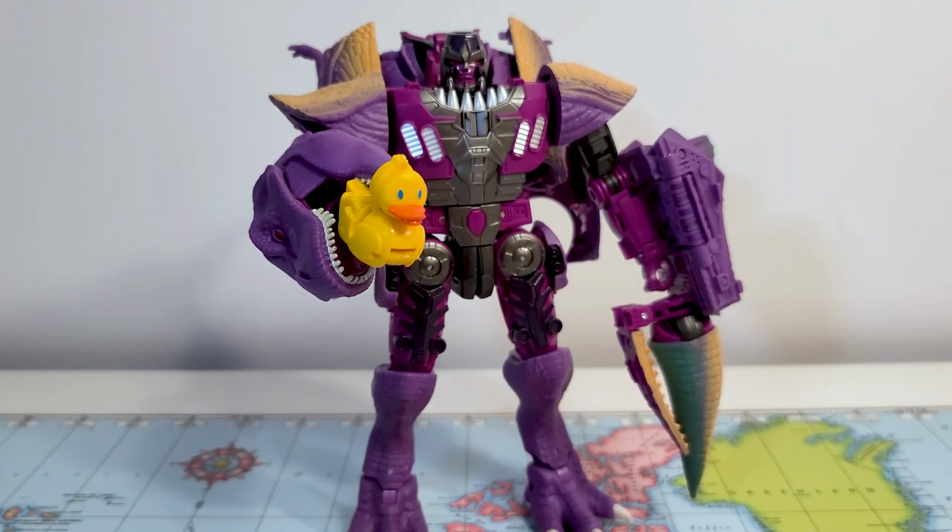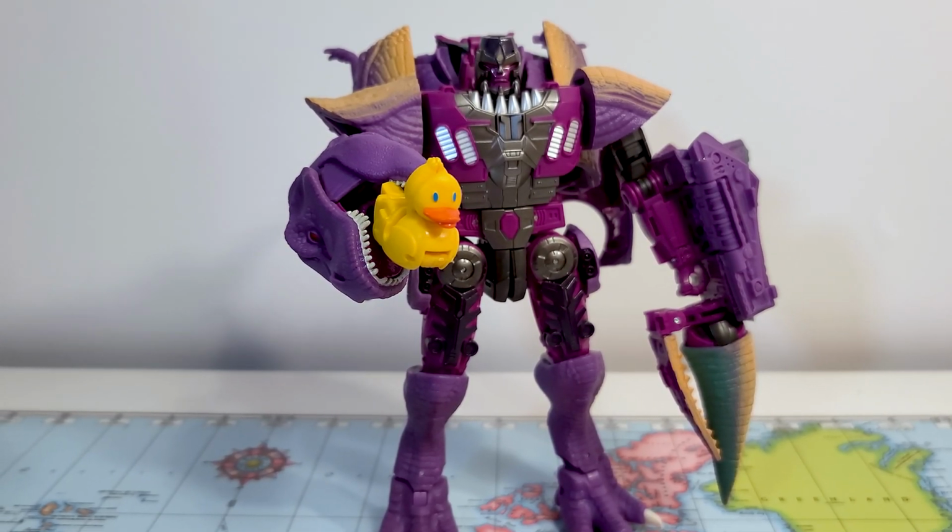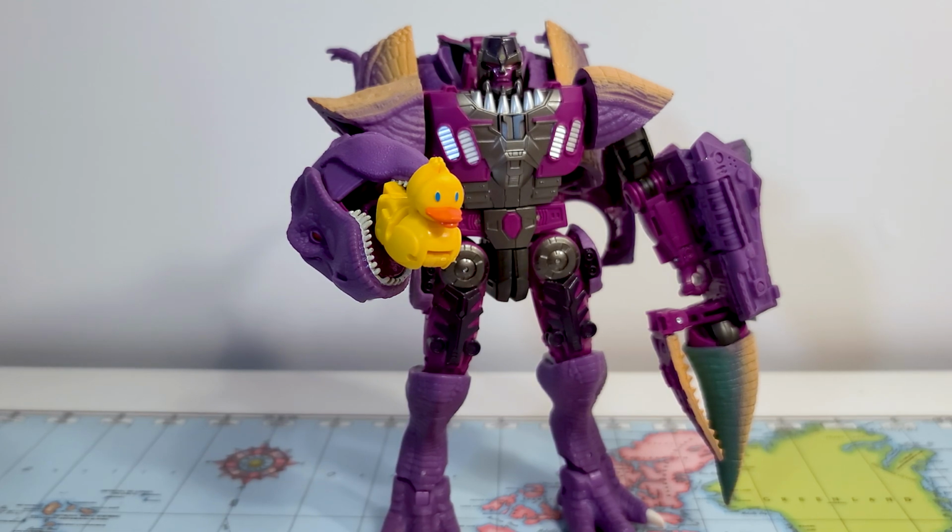That is Kingdom Megatron. Pretty good toy. A little awkward. I do wish he was a little more simplistic. Although, I am a fan of the original toy. But, yeah, there we go. That is